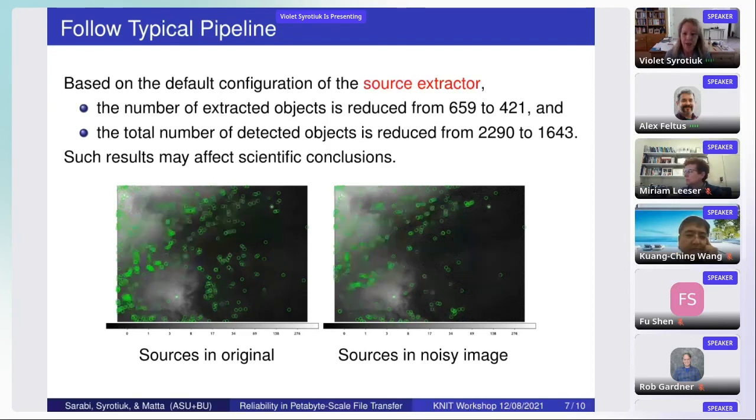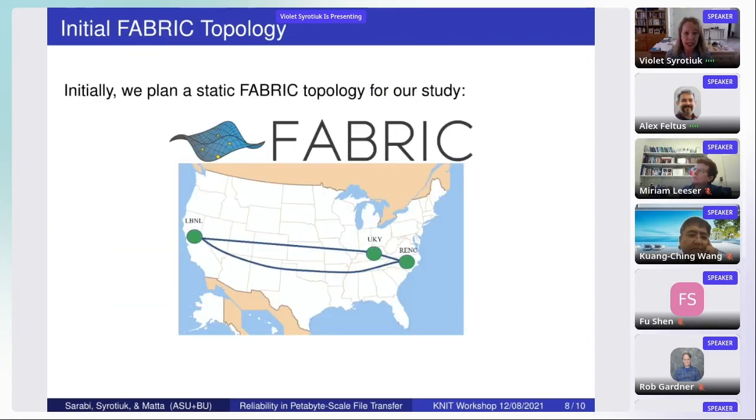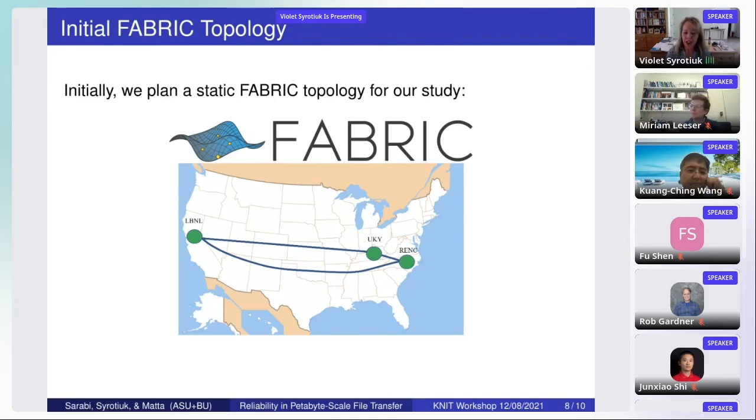And so again, there's a potential that we could draw incorrect scientific conclusions if errors are undetected and get propagated in file transfer. And so we've done some of the preliminary work on the theory of our multi-layer error detection architecture, but now we want to actually start to build it and deploy it within the Fabric network. And so initially we're just going to use a static topology,